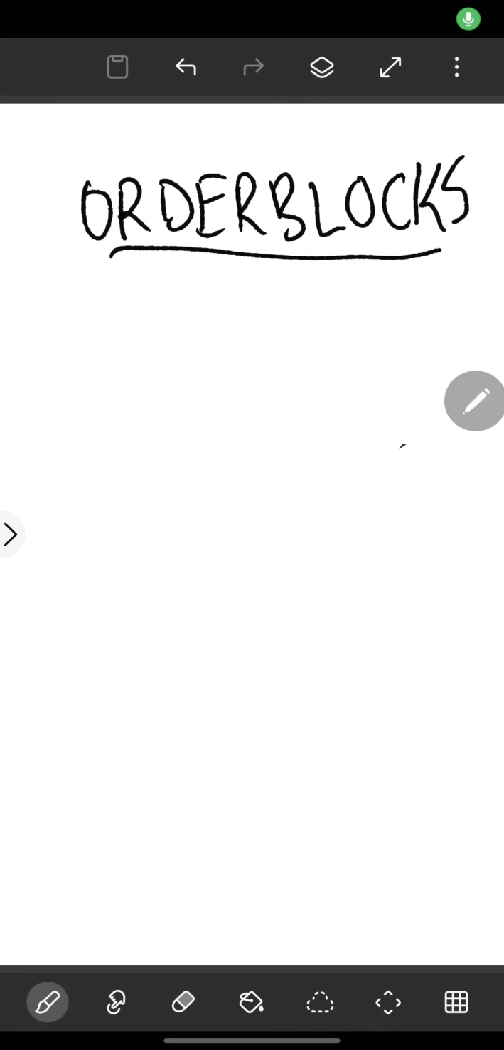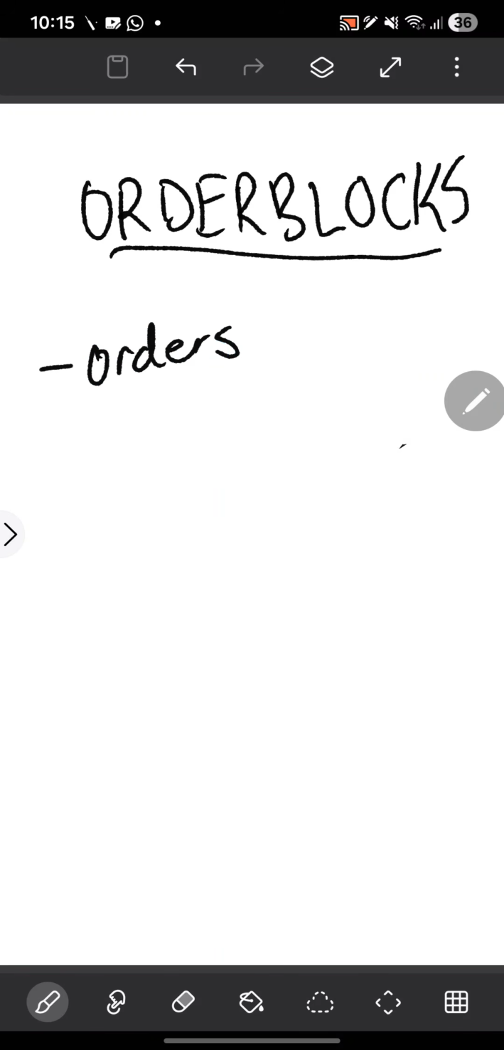Right, today let's talk about order blocks. What are they? Why do we need order blocks, and how can we be trading them? So order blocks are a bunch of orders, right? Assumed orders that we think are in the market. We don't know for sure, but we assume that at this particular point there are orders, which means this